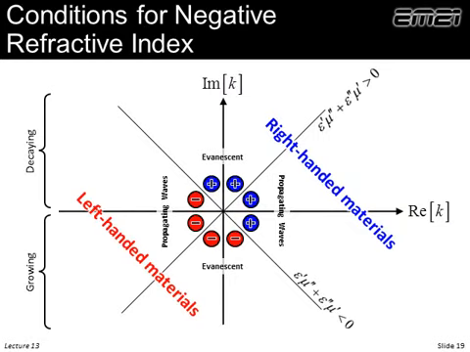So, a lot more we could discuss here. My main point is really there's more ways to be left-handed other than having negative mu and epsilon. However, the focus really is on the negative mu and epsilon materials, the double negative metamaterials, because in principle they can be much lower loss.